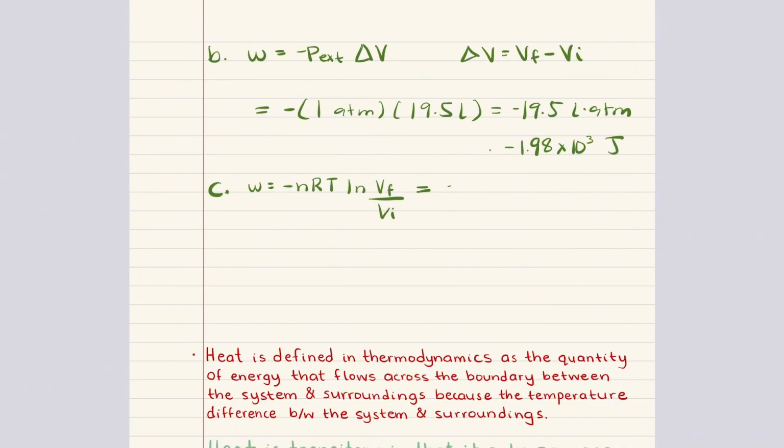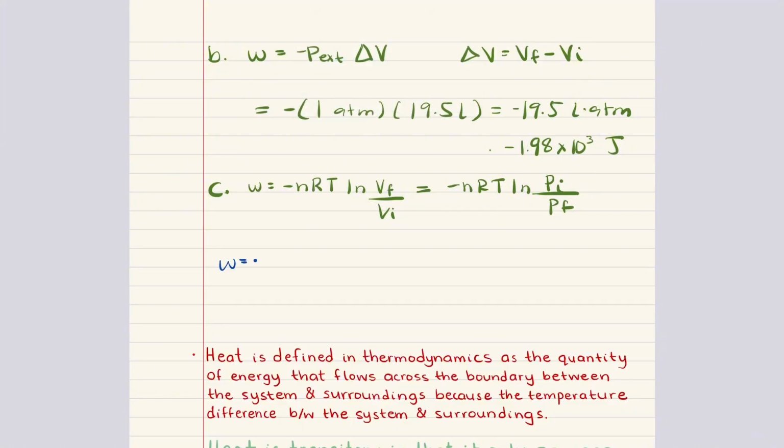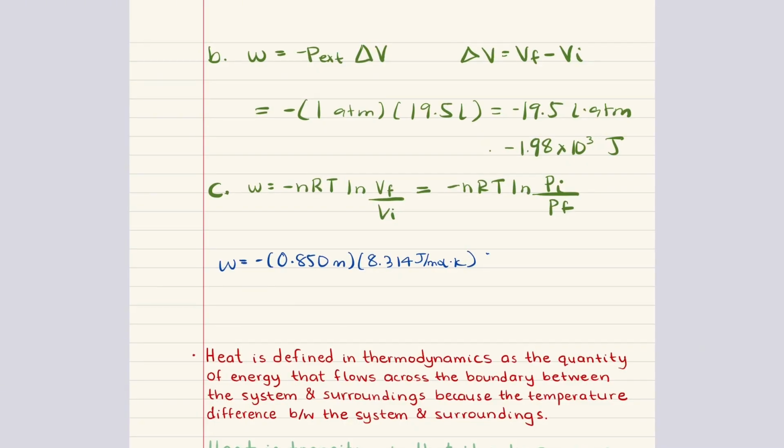Because volume and pressure are inversely related for an isothermal ideal gas, we can also write this as the negative of n times R times T multiplied by the natural log of the ratio of initial pressure to final pressure. Substituting the values in, n is 0.850 moles, R is 8.314 joules per mole Kelvin, T is 300 Kelvin, and the ratio of pressures is 15:1. So the expression becomes negative